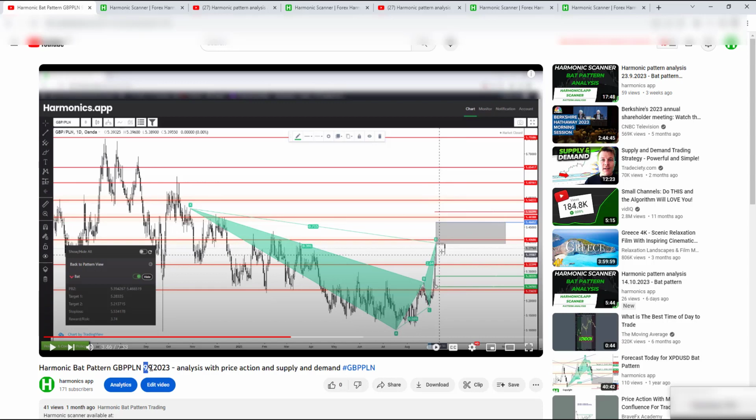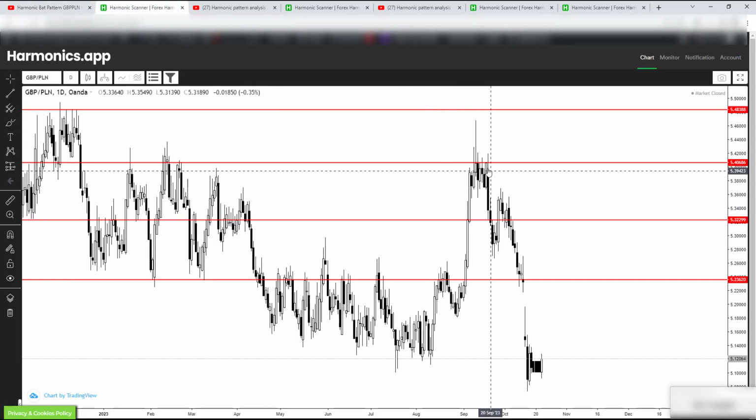We can see it here, 9th of September, when this bet pattern has been created. And this is the analysis I have made video. You can find it on the YouTube channel also, where the potential reversal zone was here. We can see it here with the take profits at 5.28, also 5.24. Currently the status is the price has dropped down,